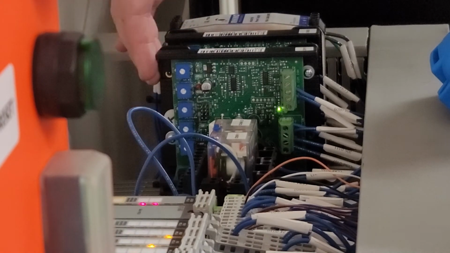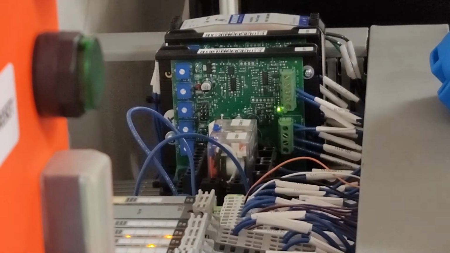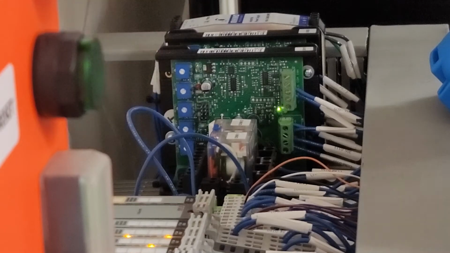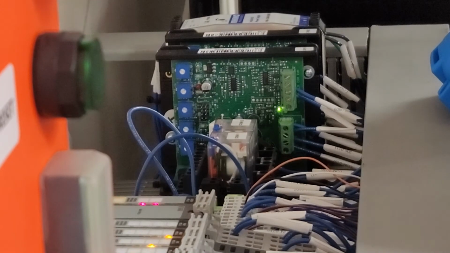As you can see, there are 5 potentiometers on here, and if we look at the manual, which I'll pull up right here, the potentiometers control our maximum speed,